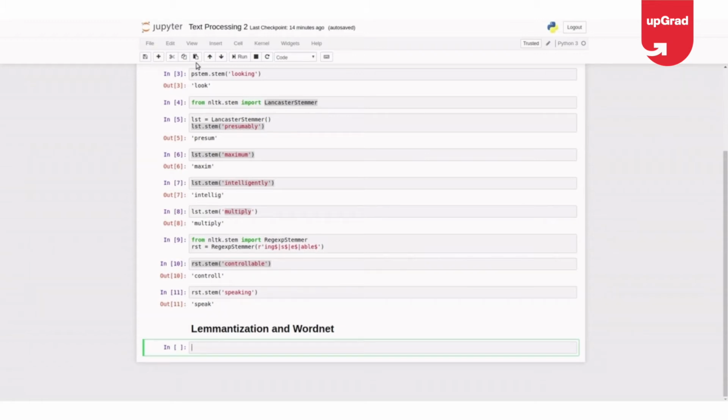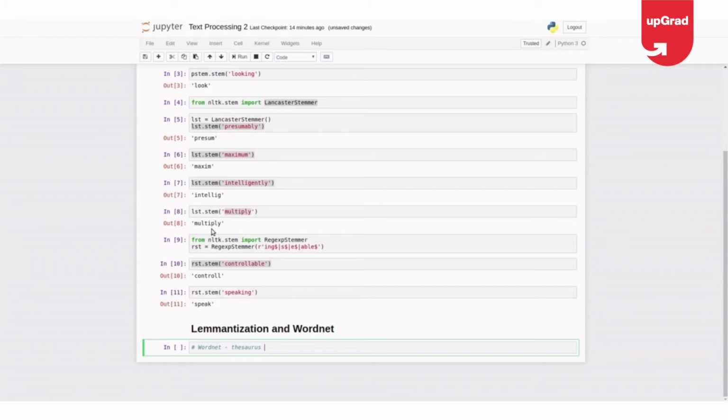Fine. So what is the WordNet corpus? WordNet is a corpus, or you can say it's a thesaurus of synonyms and antonyms, plus hypernyms and hyponyms.